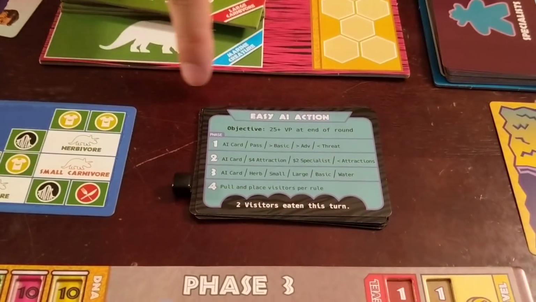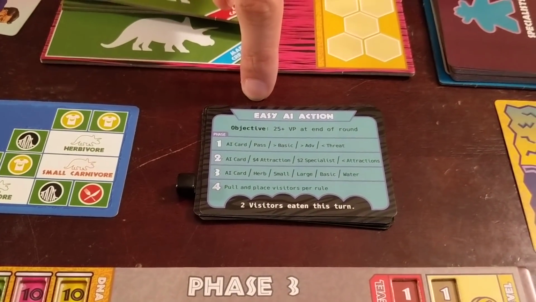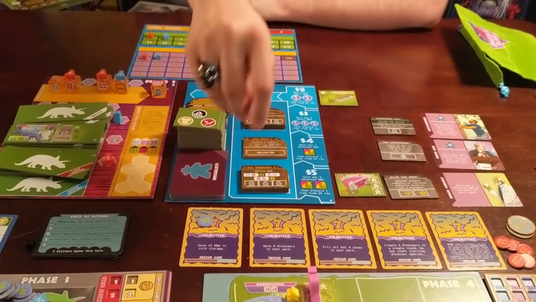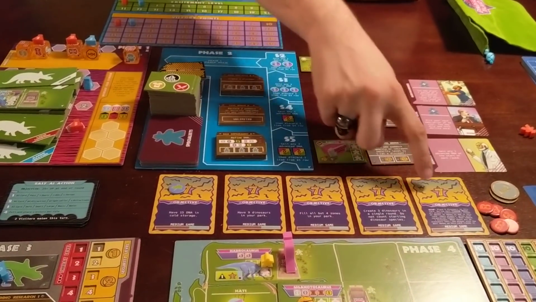That is a round. What happens is if they got their objective during that round, or any point during the round, so this one is 25 plus VP at the end of the round, they're at 12, so no. If they would have gotten the objective, they would place 1 of their company markers on the leftmost one of these objectives, and they will score the points for those at the end of the game just like I would if I got the objectives. Which I don't think I got any of them. I didn't really look, but I'm assuming in the first round of the game that I did not get one